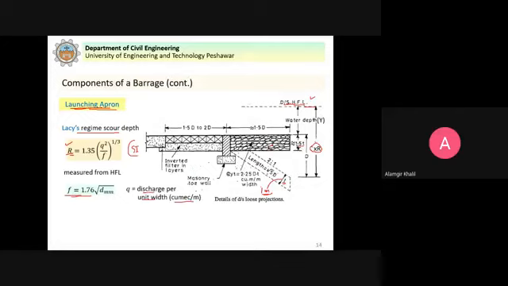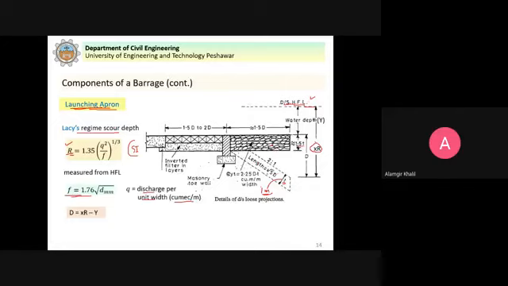This X depends on the conditions. For example, there's the situation where the water flows in a straight portion, or we have a bend, etc. So 4 different categories are given in the irrigation books for this X range that we need to multiply with R. That will give us the maximum possible depth from the water surface.